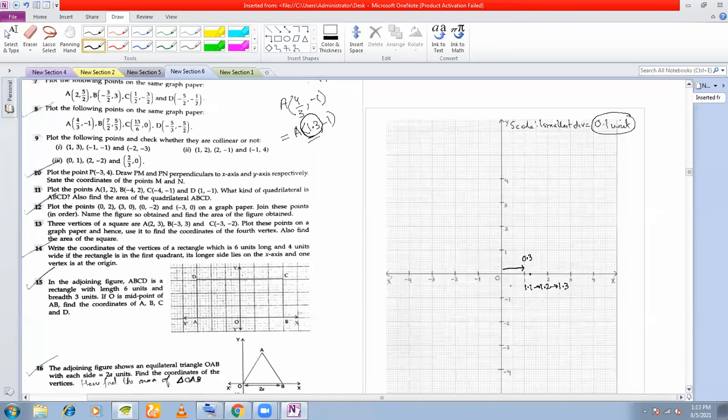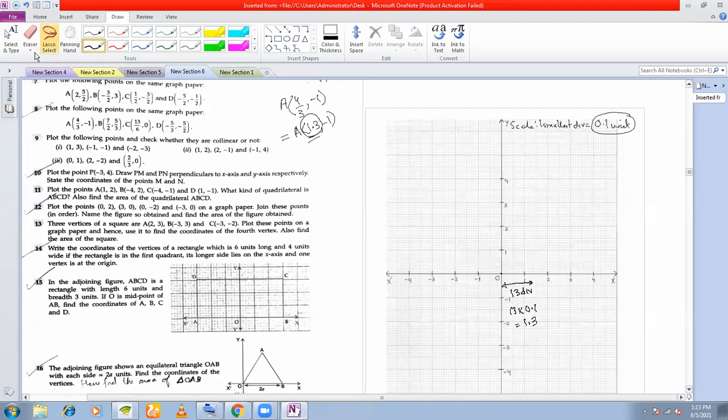You understood what I said? Yes, sir. So you have to move from here. How many divisions are you moving now? From the origin, you start counting, you're actually moving 13 divisions. Understood why? Because 13 into each division is 0.1, which will give you 1.3. Clear now? Yes, sir. Thank you, sir.